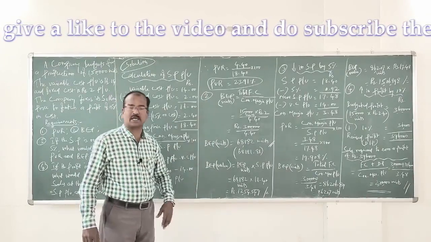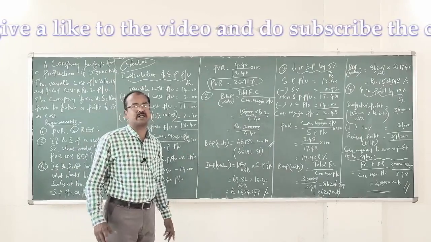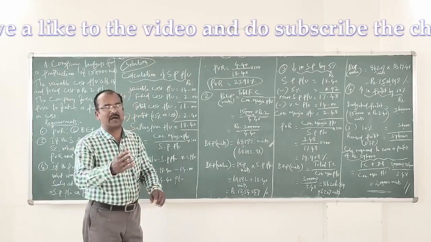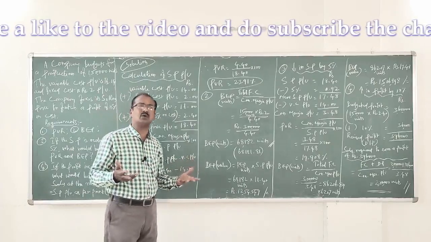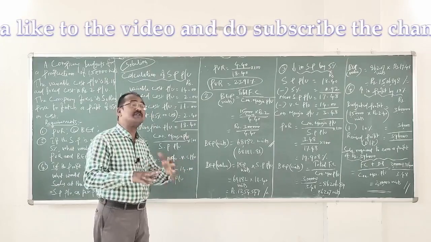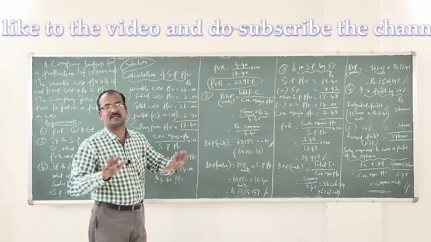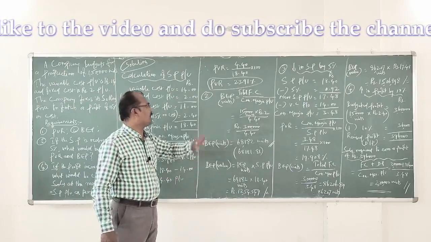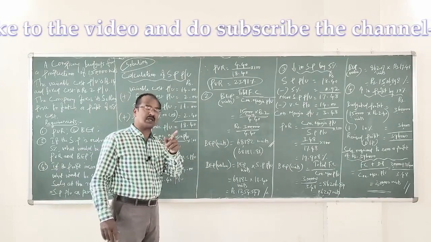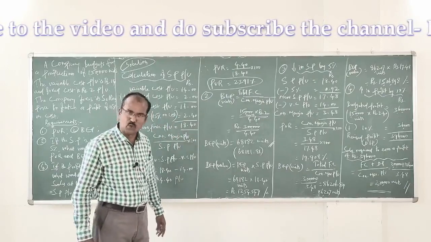Now let us go to answer requirement 2. Break-even point. First, we calculate break-even point in units, followed by break-even point in value. When the problem is silent about whether we should calculate BEP in units or BEP in value, if there is a possibility, you calculate both. You understand? To be on the safer side, this is what you should follow. BEP in units is equal to total fixed costs. Please understand, total fixed costs. That's the numerator. Divided by contribution margin per unit.